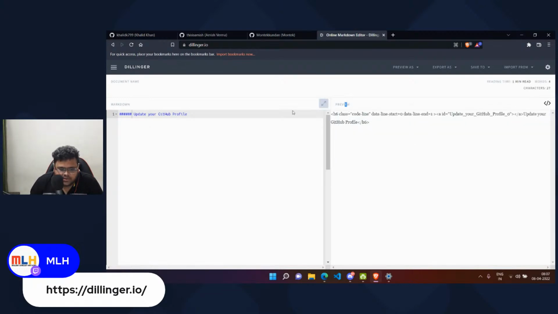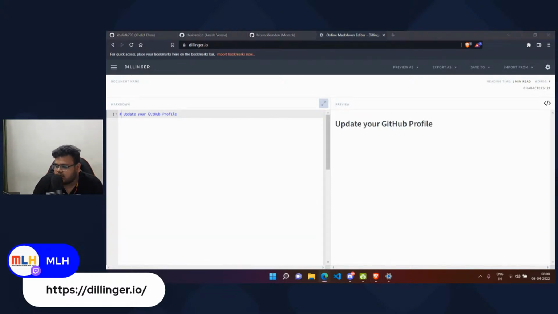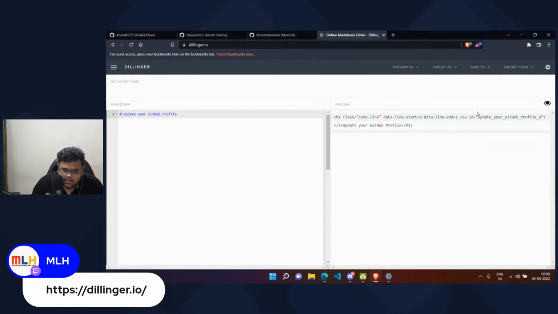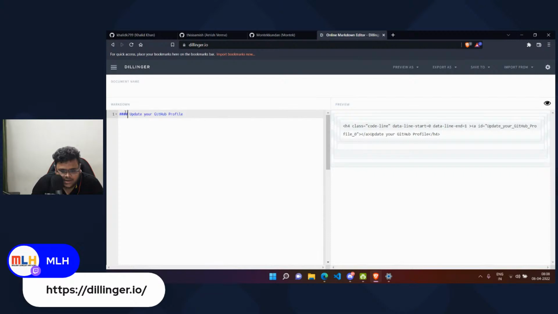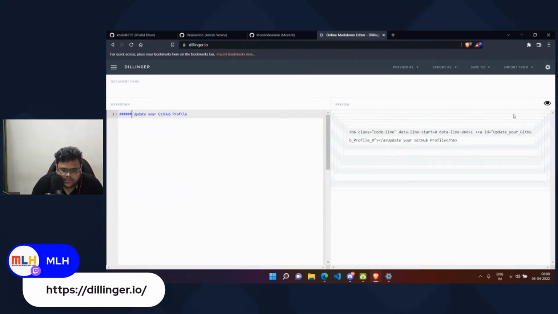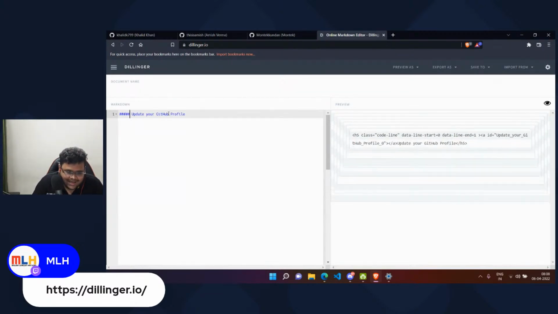So as you can see, we cannot see the preview now. We'll go back and edit it. I'll reload it. I guess there's an issue. Yes, you can see if we add five pound signs, it's H5, H4, H3, H2, and H1. H1 is the highest size of heading you can give. And if you go to see the HTML output, you can see if it's one pound sign, it's H1. If it's two, and respectively, it increases one by one, and it's six. So this was the basics about headings.